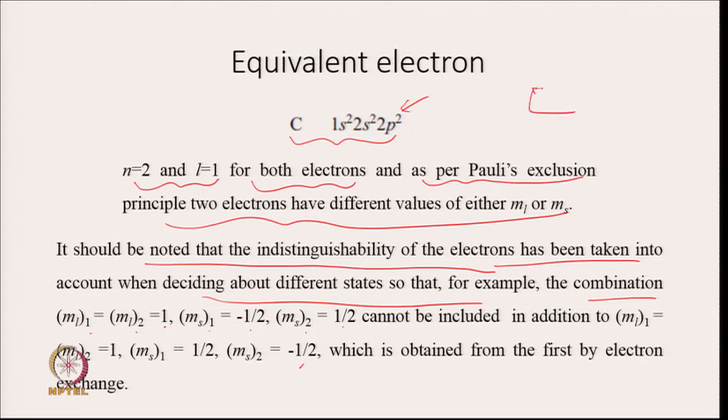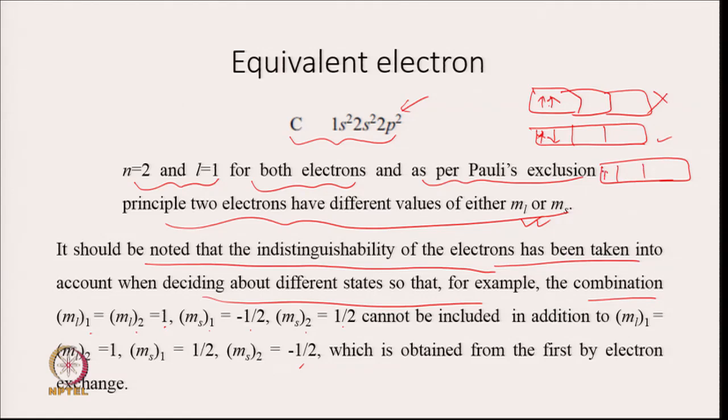So, what I mean is, if there are 2 electrons in p orbitals, one is like this, another is like this, another cannot be like this, and this is the first, Pauli exclusion principle. Now, the second thing which you need to remember is that it can be like this, but